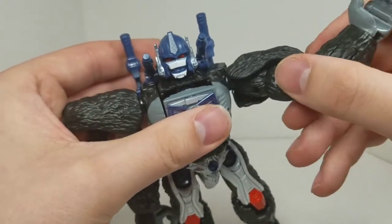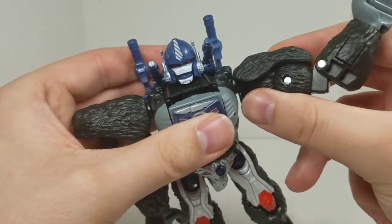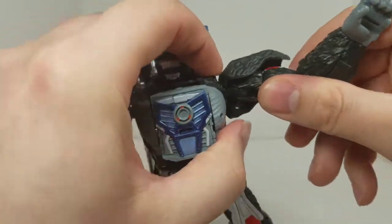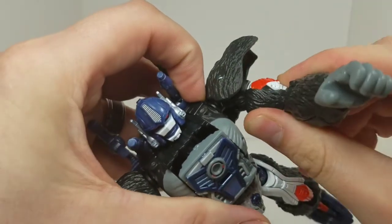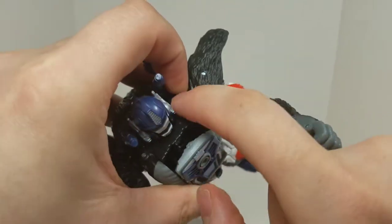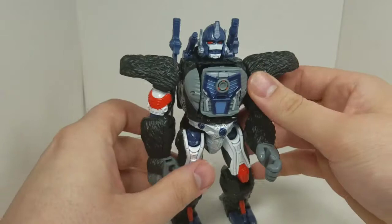So if you're putting too much stress, it's starting to pull on his actual chest as you see me moving. So you want to be very careful with that. That is a very not so good thing. So when you're going to bring his arm back down, you want to put your finger right here and then bring it down. So you're not putting so much stress on his chest and this pin right here, because if that breaks, then you're going to be SOL, and you really don't want that for paying